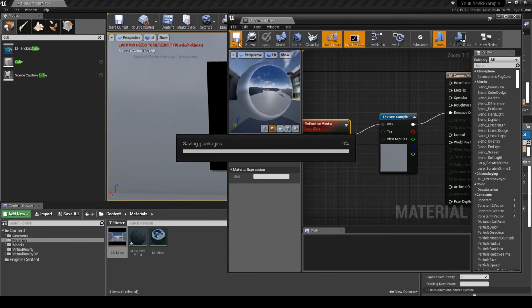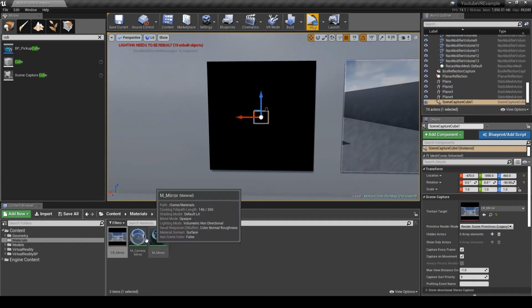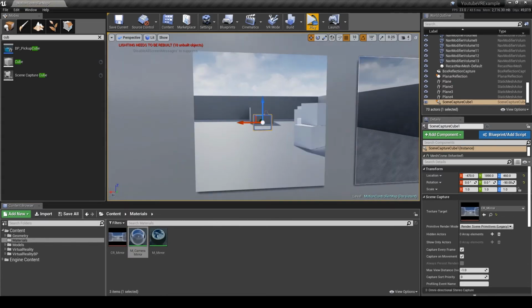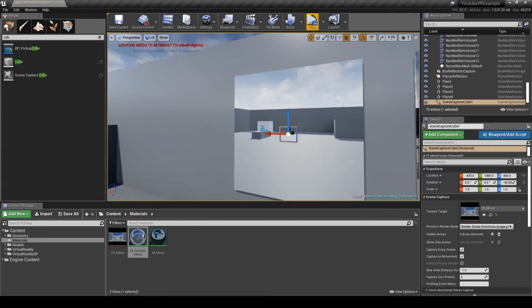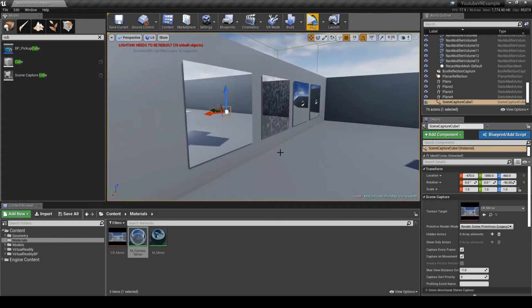I'm going to hit apply and save. You want to hook this up to the emissive color, that way it'll actually be bright. If you hook it into the base color, it comes out quite dark. So to get it accurate, you're going to need to use the emissive color. So we can close that, and we can now drag this onto the scene. So you can see now we've actually got what looks like a pretty good mirror,